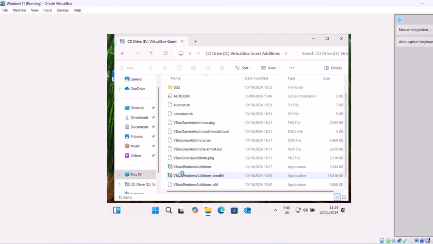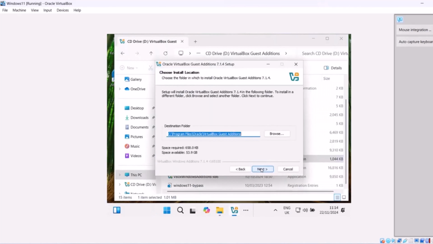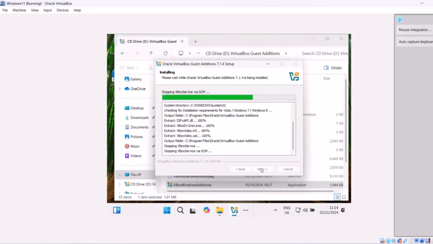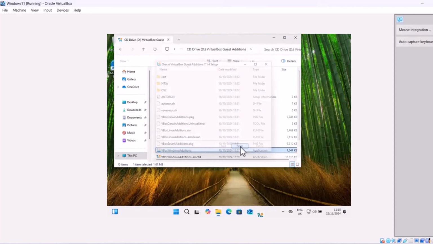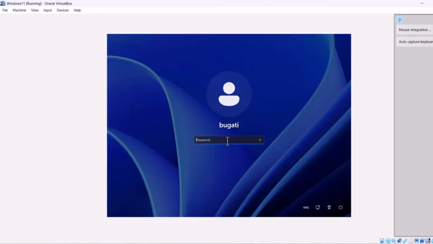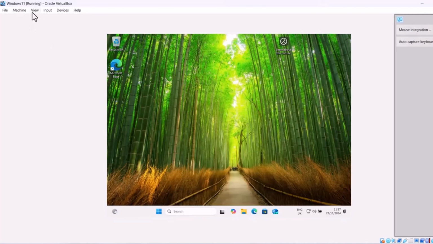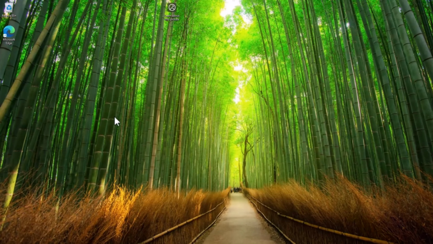Click on it. Here click on this VBox Windows additions. Double click on it and here say yes. Here say next, next and install. And you will need to reboot this system. Click here on finish. It will reboot this Windows. Here log in into your account. And now click here on View and Full Screen and click on Switch, and it will turn this Windows 11